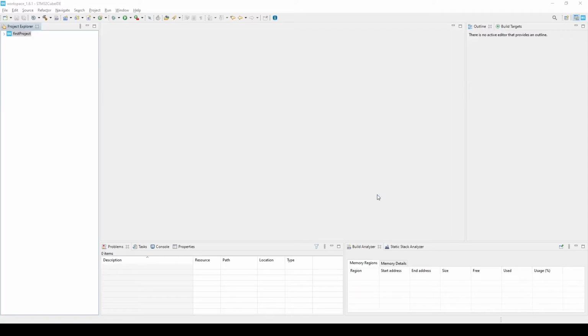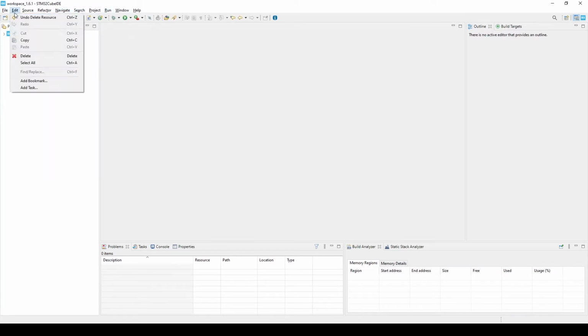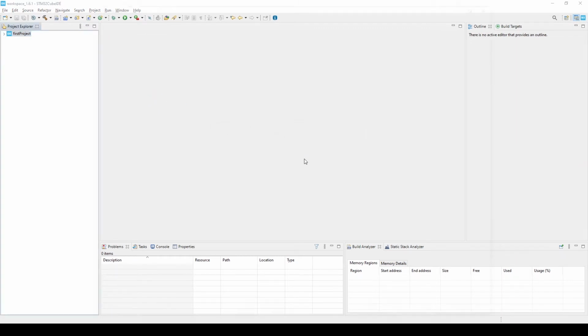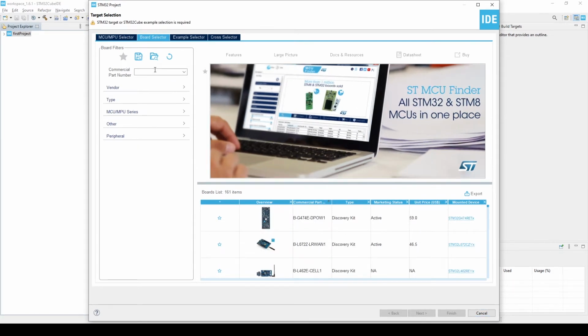Okay, now let's get into the practical aspect of the GPIO on the STM32 microcontroller. So let's start with a new project. I'm going to go to File, New, and then STM32 project. We need to wait a bit. Okay, so now we just go for the board selector, and then we choose